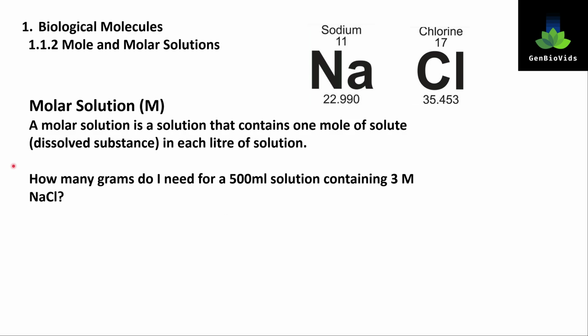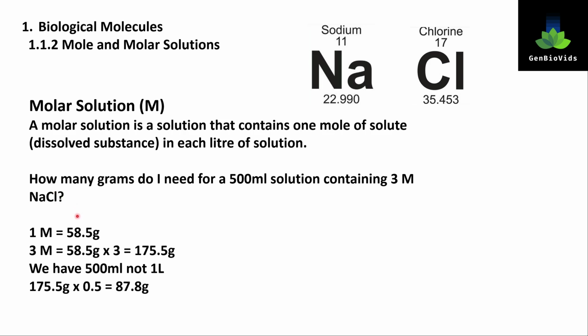Now let's look at molar solutions, which is a solution that contains 1 mole of a solute, which is a dissolved substance, in each litre of solution. So look at the question below. How many grams do we need for a 500 millilitre solution containing 3 moles of sodium chloride? Well, in the previous example we already worked out what 1 mole was, which is 58.5 grams, and we want a solution containing 3 moles, which is 58.5 grams times 3, which is